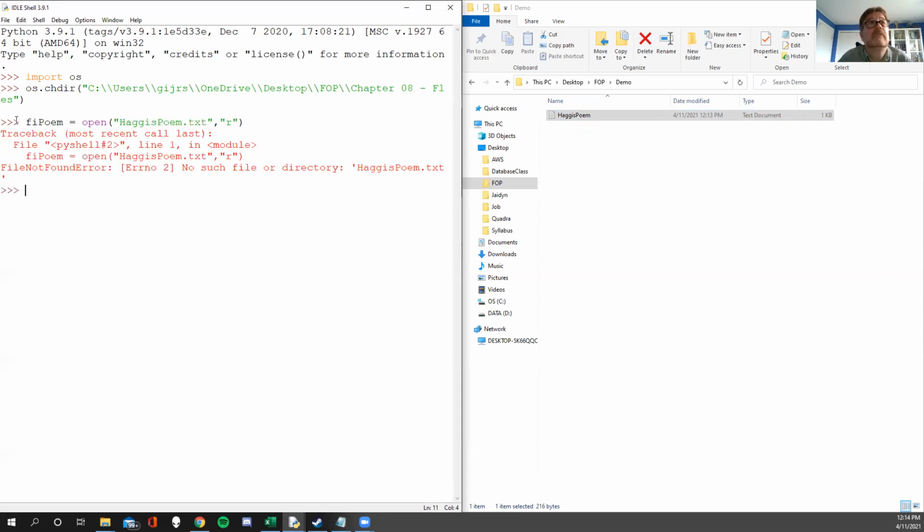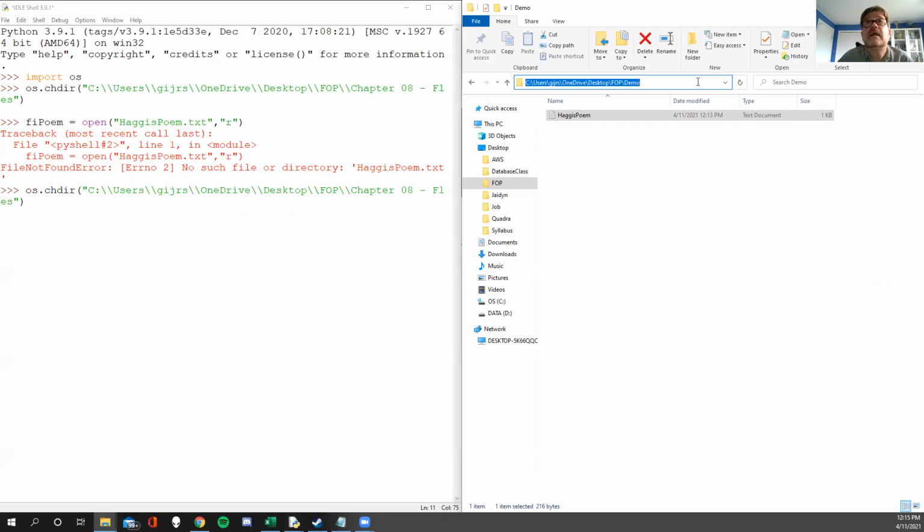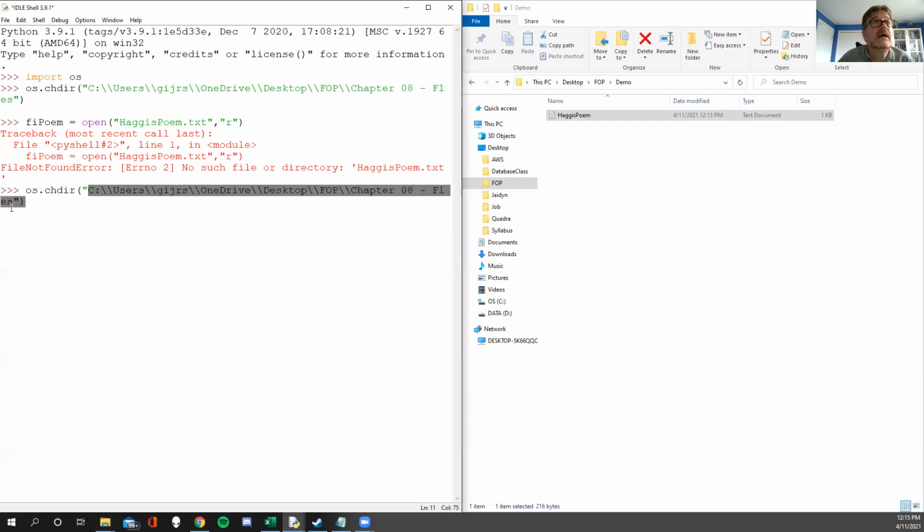All right, so what happened there is that it couldn't find it because apparently this directory is not the same as that directory, and that's probably true. So let's take this line, copy it, and go paste it in here, and let's put those double slashes. Always nice for you guys to see an error, because I'm pretty sure you guys are going to see lots of errors on your own. Do that, boom, and now we're pointing to the right spot. So now if I'm going to go read,